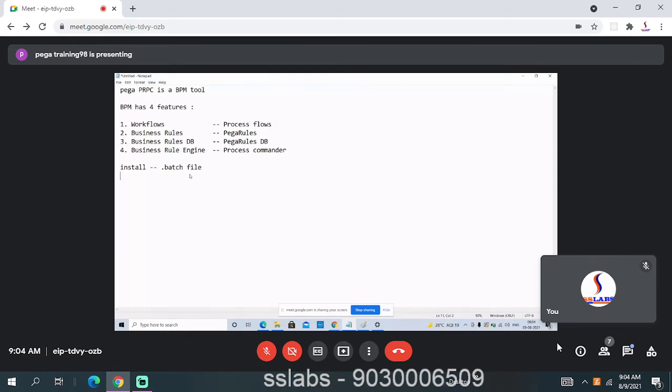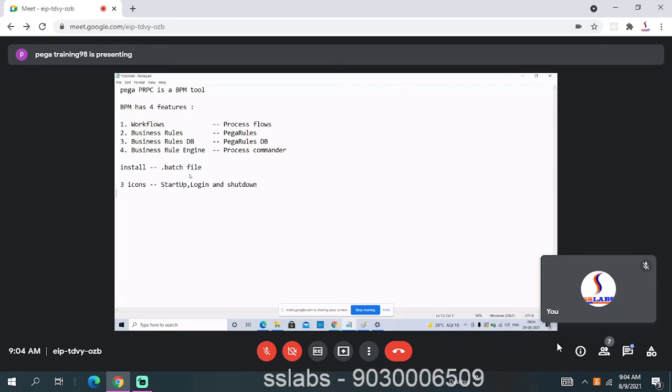Once it is completed, you'll be able to see three icons on your desktop. The first icon is startup, then login, and then shutdown.